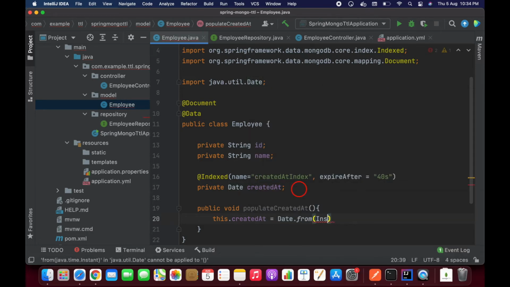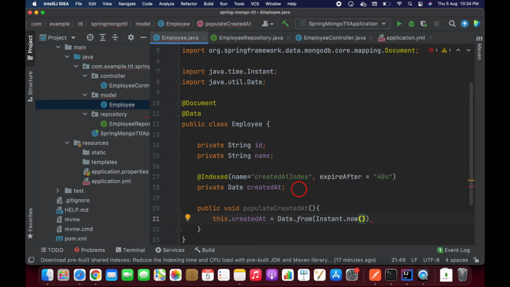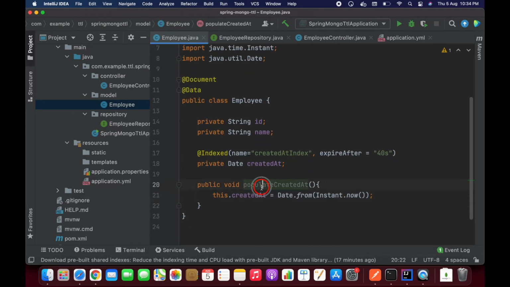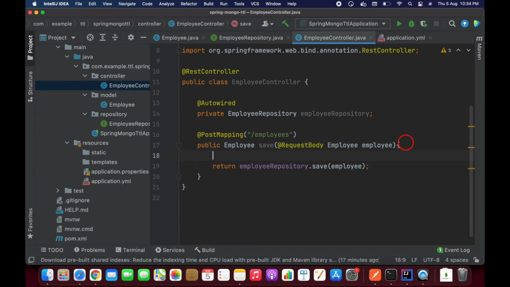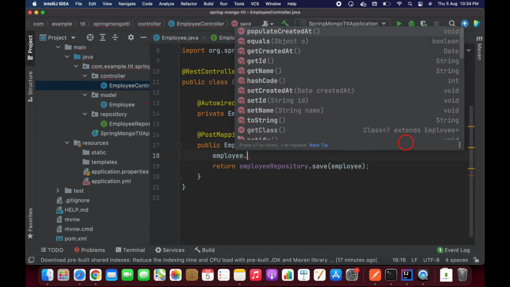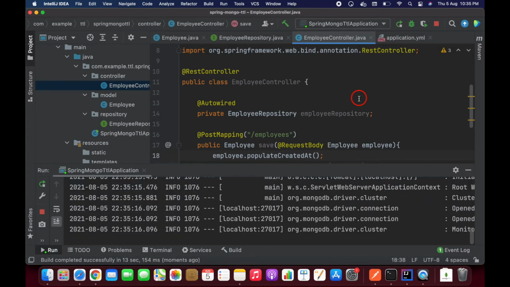So we have Instant, right? So Instant.now(). That's it. The method is created. I'm going to call this method inside our EmployeeController. So before I save this, I'm going to populate createdAt. That's it. So now you can start your application and check whether it's working or not, guys.